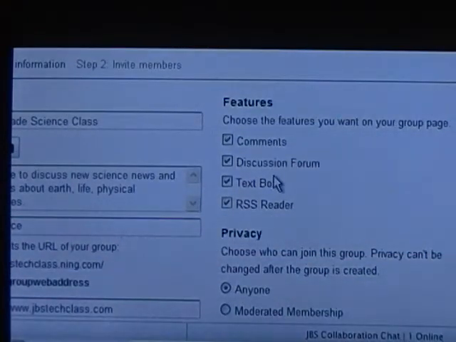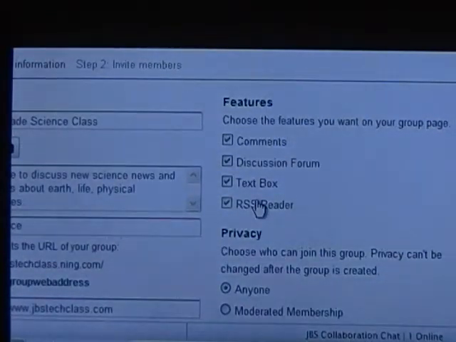Discussion forum will allow the group to hold an ongoing discussion. One person can post, then another member may post, and so on. A text box will allow them to type in text, for instance, information or findings that they have found. An RSS reader will allow them to feed in news from different areas of interest,